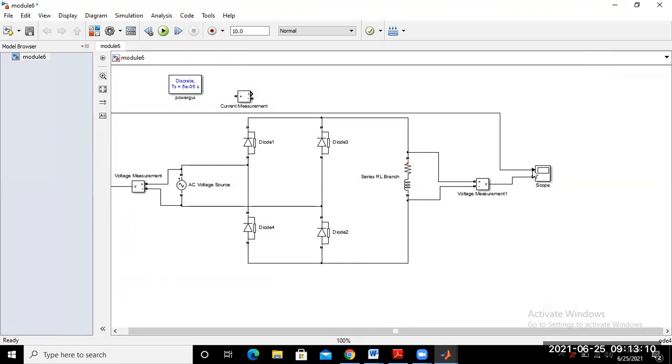Now put here the running time as 0.3. And now just run this model. Our model is already simulated here. So run this model.